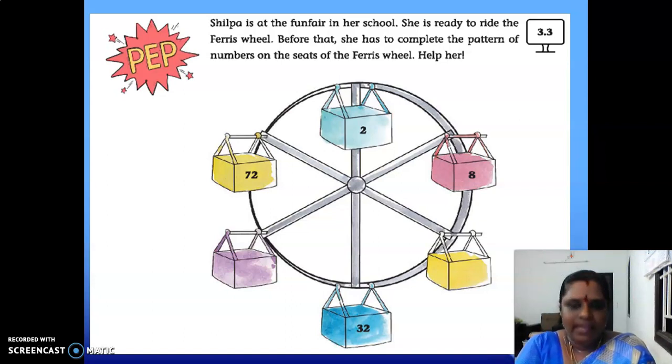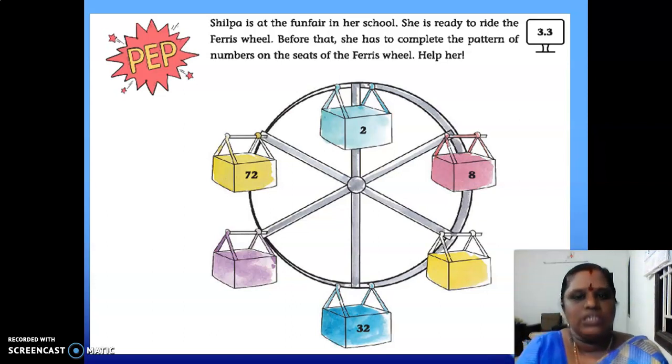I need the answers. Don't keep mum. Please at least try and get the answers for this PEP activity. I need the answer for this PEP activity. This PEP activity is an entry point for the next coming session.